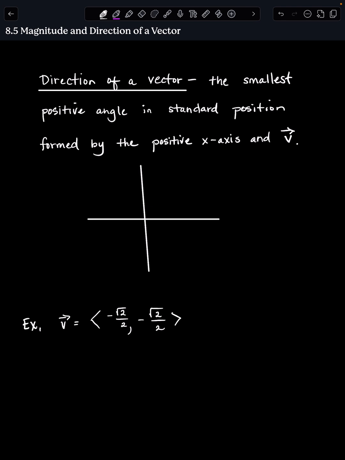Alright, so if I've got some vector, what they're asking me to do is find the length, the magnitude of V. And they're also asking me to find the smallest positive angle that's formed by the positive x-axis. We know that an angle is in standard position if it starts at the positive x-axis. And so I'm looking for theta here. Well, if I'm looking for theta,